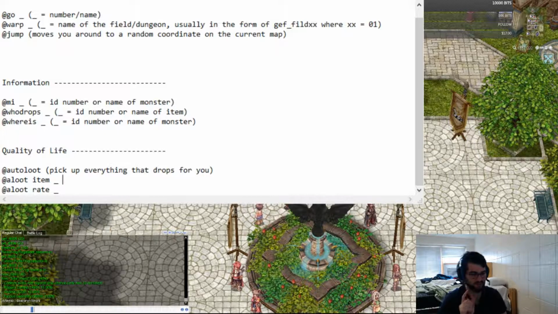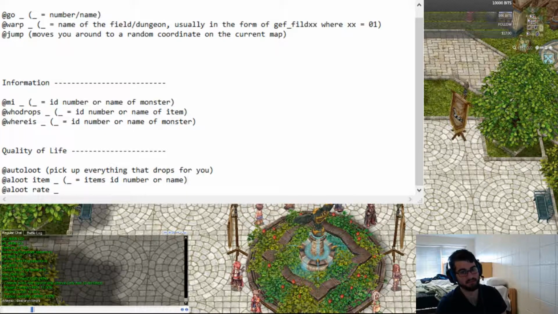That can get you overweight very quickly, especially on a ranger who has virtually no strength. @aloot item will be a bit more useful for you. Just to specify again, it's @aloot space item space and then the underscore, where the underscore is the item's ID number or name. That makes it so that if a given monster you are killing drops the particular item that you're alooting, it will automatically add it to your inventory. You can have up to 20 items that you are specifically looking for that will be automatically added to your